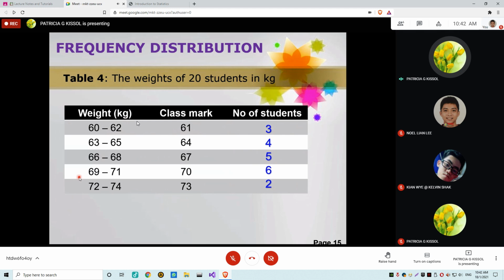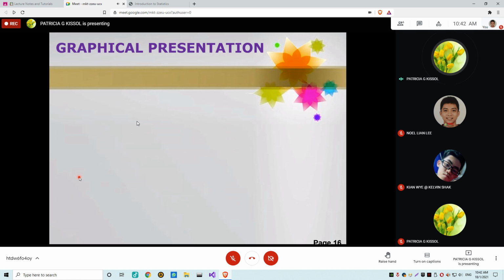No need to do the raw data where you have to categorize it. You will be given this frequency distribution table, ready for you. You just need to know how to evaluate them. Okay, so we have the weight, class mark, and number of students. And all this, you can portray